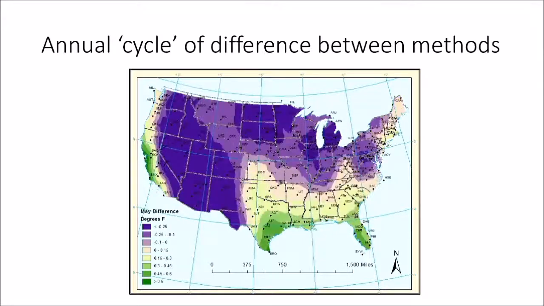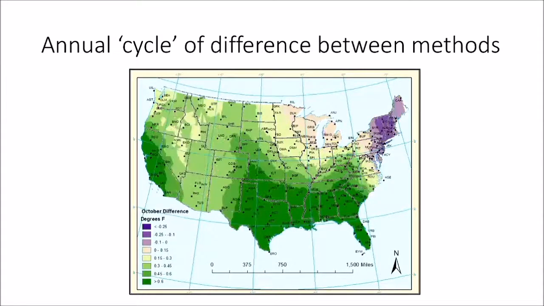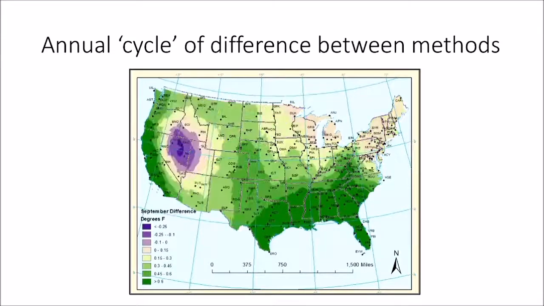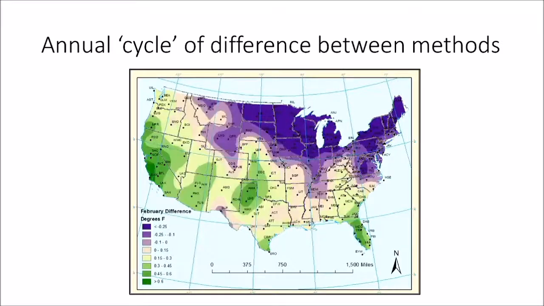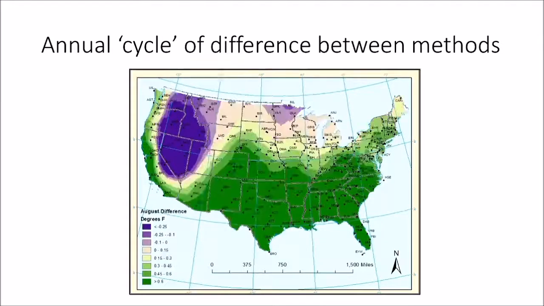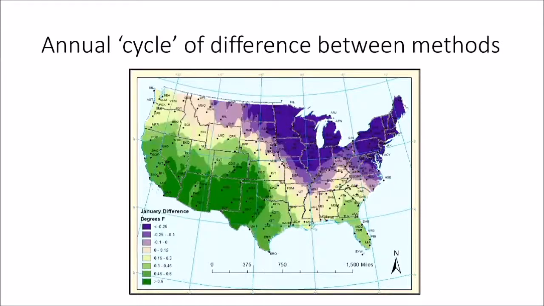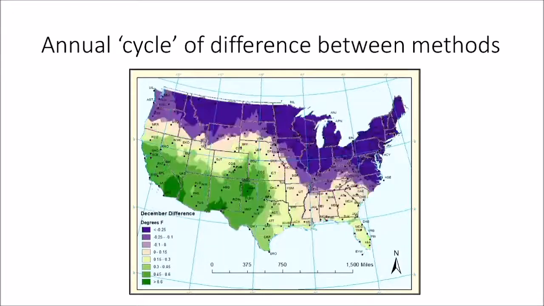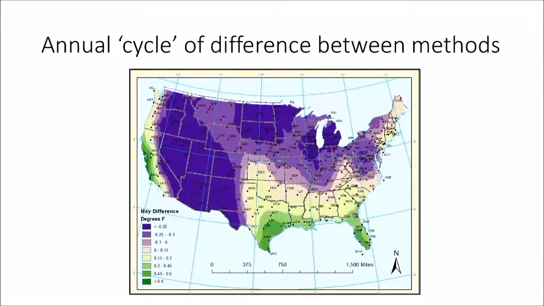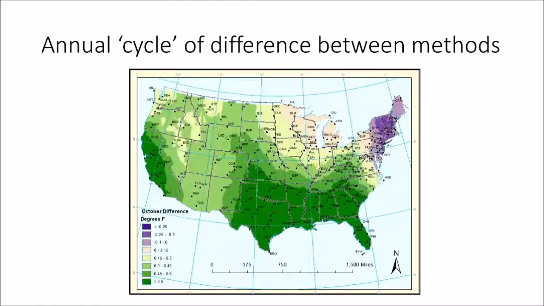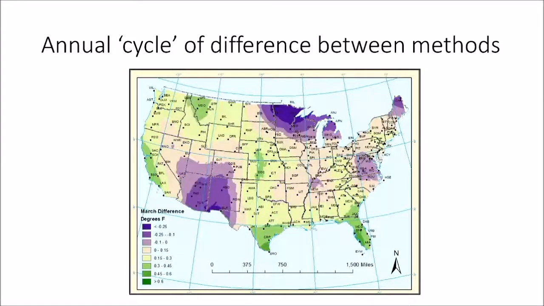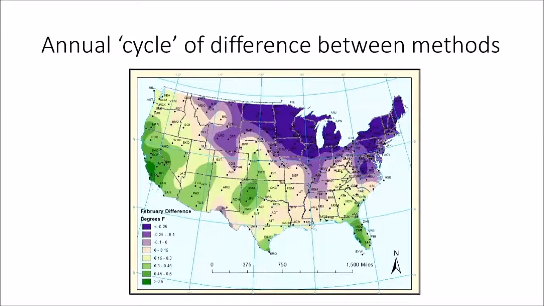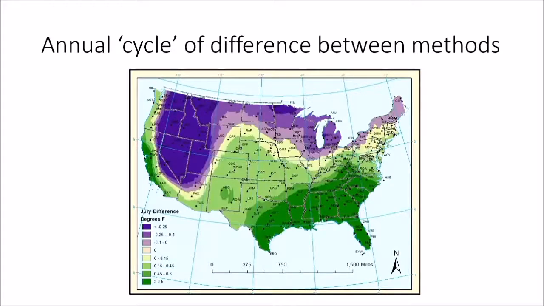And now, here's a GIF that's maybe going a bit too quickly, but this shows the annual cycle, as it were, of the difference between methods, just flashing through each month of the 30-year period. And you can clearly see a very interesting progression here. If I start talking when it goes back to January, we see in the winter months those purple colors dominate more. So we see a tendency of underestimation by the traditional method. Then the blue and purples erode away as you go, especially into summer, late summer into early fall, more overestimation, and then that flips again as you go back into winter.